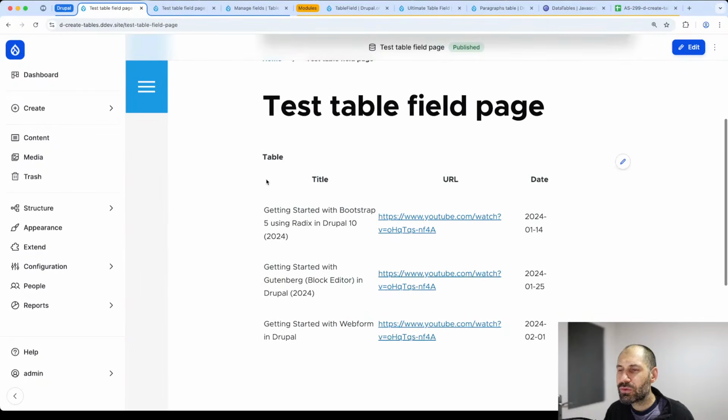So when it comes to storing tabular data in Drupal at a field level, TableField does a pretty good job. Now, before we jump into other things, let me just quickly show you what this looks like from an actual